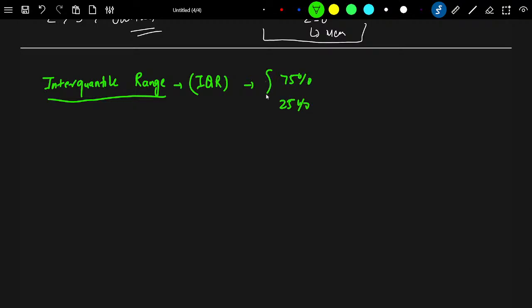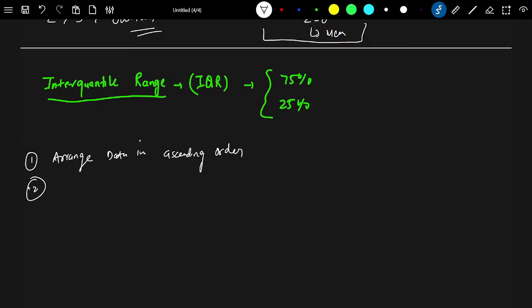These two things are used, just remember this. So here, first of all, we arrange the data in ascending order. After arranging the data in ascending order, we calculate